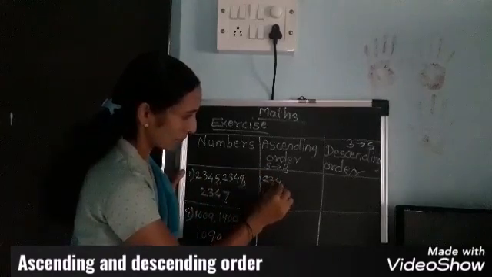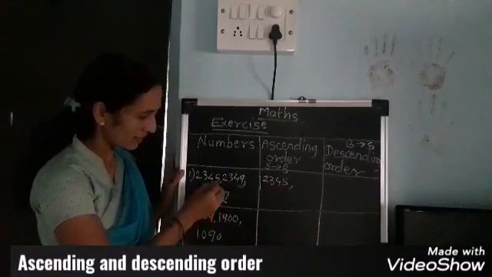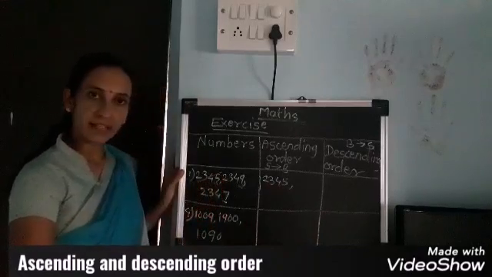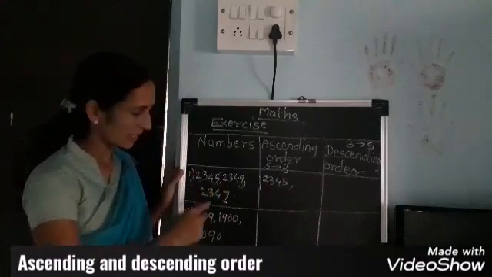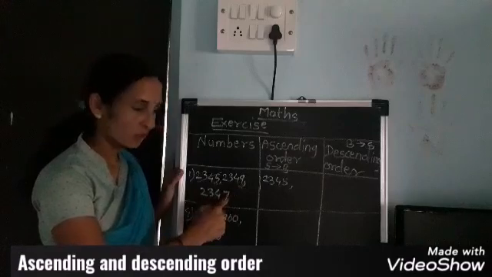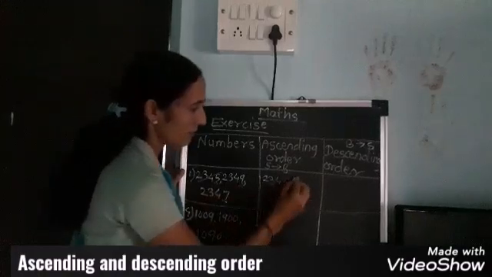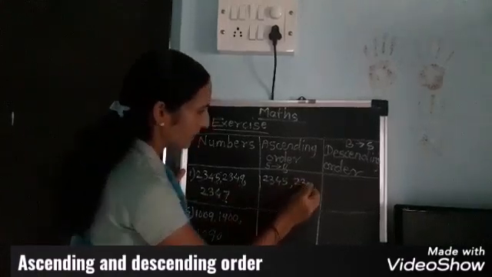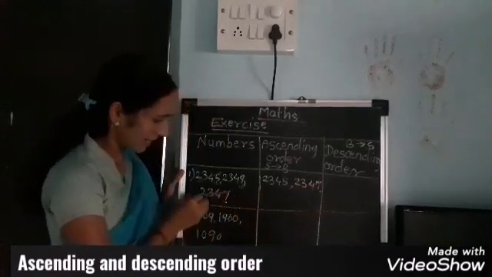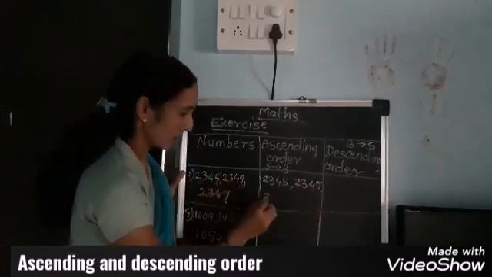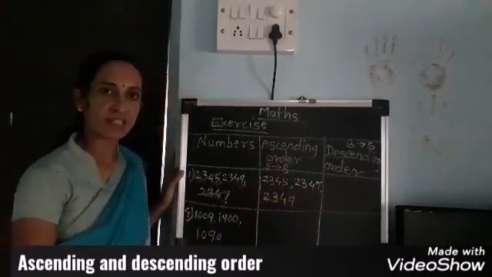2345, comma. Then this number we have written. So you can cut it also, to avoid your confusion. Now these two are remaining. 9 and 7, which is smaller? 7 is smaller, so write down this number as the middle number. 2347. Cut that number also. Now what is remaining? This one. 2349. It is called ascending order.